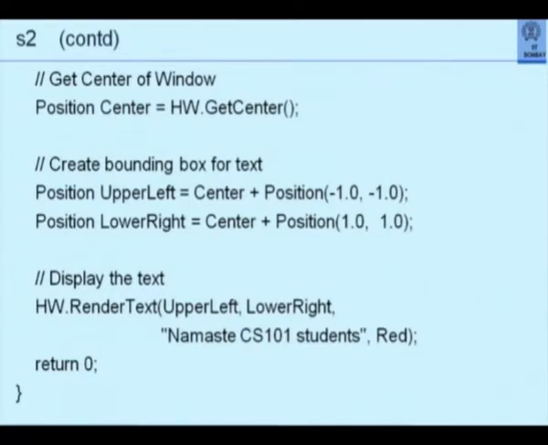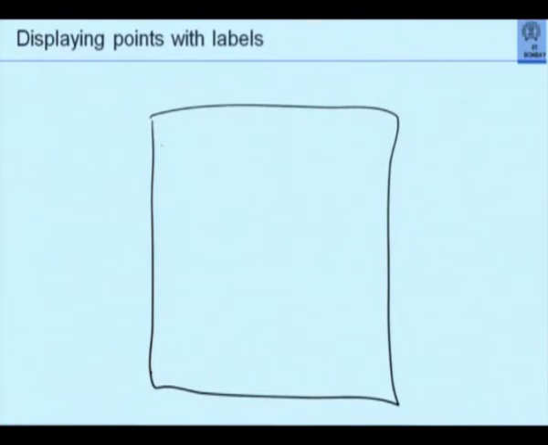How do I draw a rectangle? I want to display points with labels. So here is my window. As I said, there is some text here, some title.